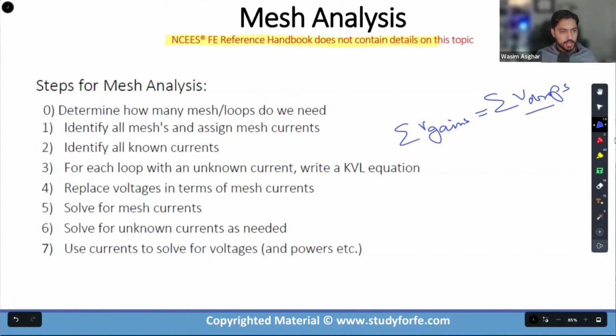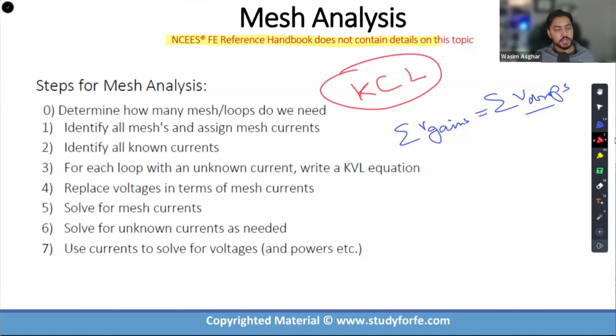Mesh analysis has a stepwise methodology towards solving it, and there are two steps in here that are extremely important. If you just get those two steps right, I can assure you that your odds of solving a problem using mesh analysis are going to be through the roof. First of all, I'll let you know upfront, my personal go-to circuit analysis technique is not mesh analysis. My personal recommended technique for all of my FE electrical students, my PE power students, is